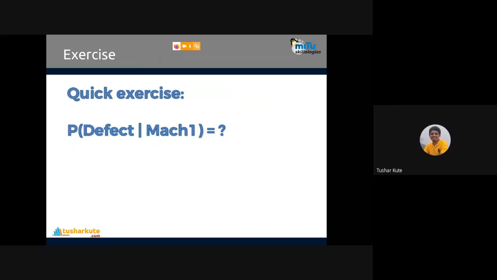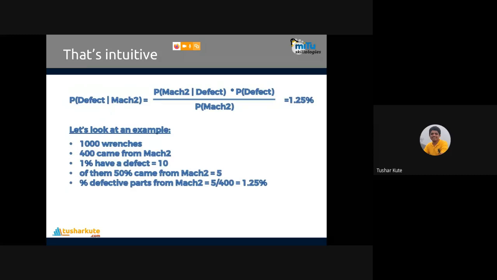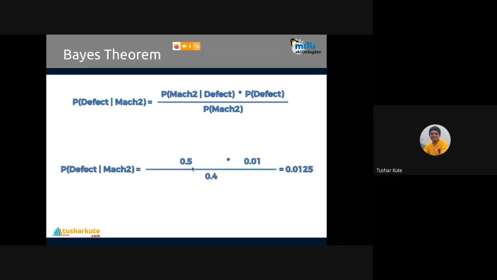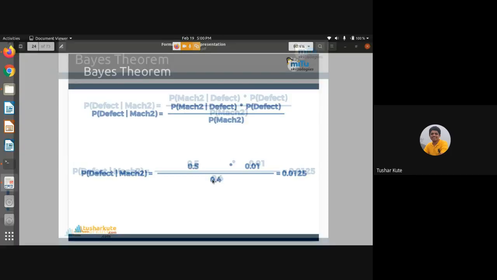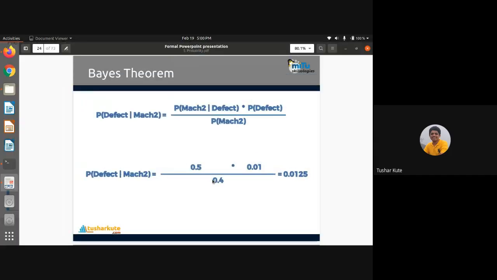If the defective part is from machine 1, what is the probability then? That we can find. This is the exercise. I'll show you, but maybe you can find it yourself. Before going further, this formula will change. Where will it change? Here 50% is okay, the defective part is 50-50, that we know. P of defective part is also known to us, 0.01, divided by 0.4. Here we will have 0.6. If you put them together, let's see.